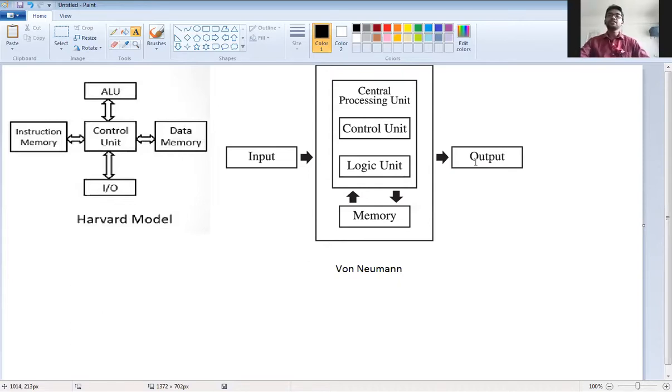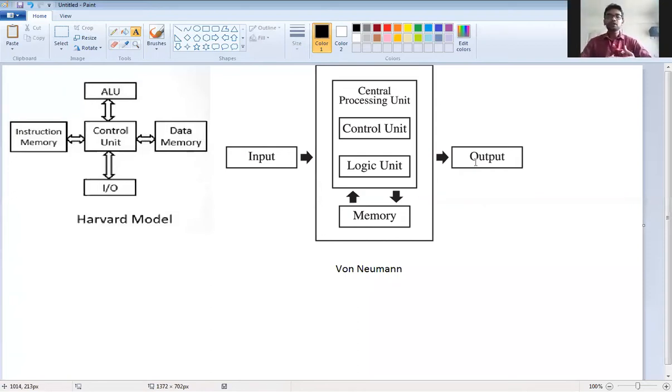So obviously, the speed of execution will be faster for Harvard. Again, as data memory and program memory are separate in Harvard, two different lines will be required.